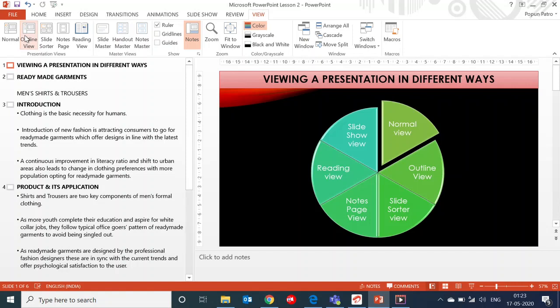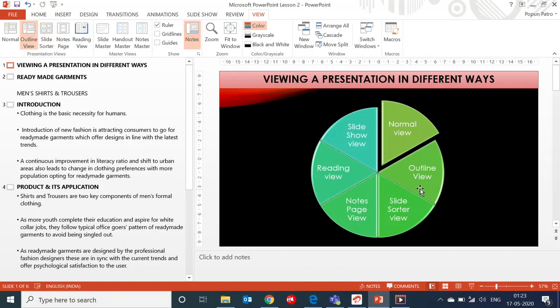It only shows the current slide. It doesn't show the other slides. But in normal view, on the left side, slides are shown. But in outline view, only descriptions, only your content is shown.